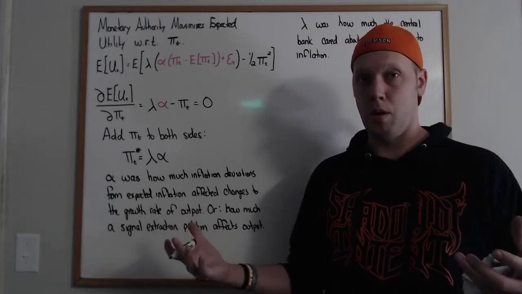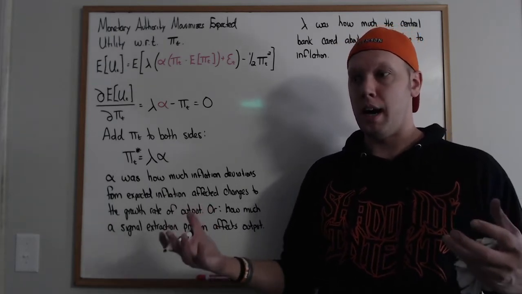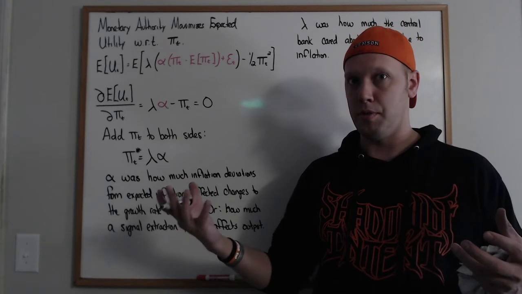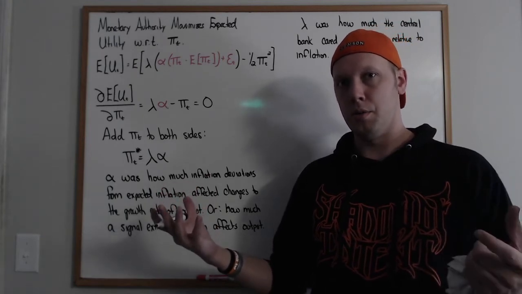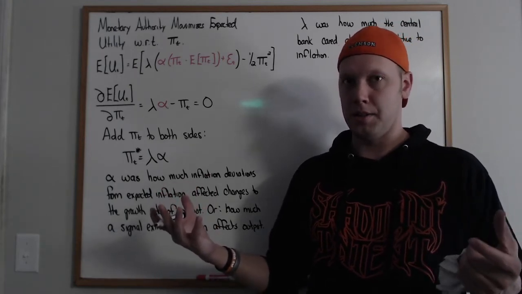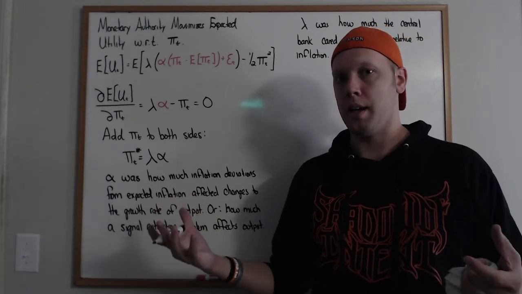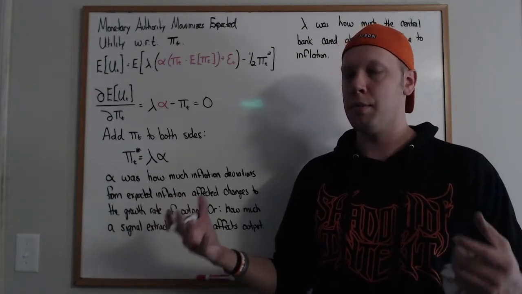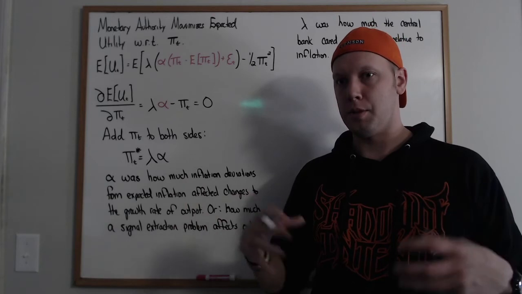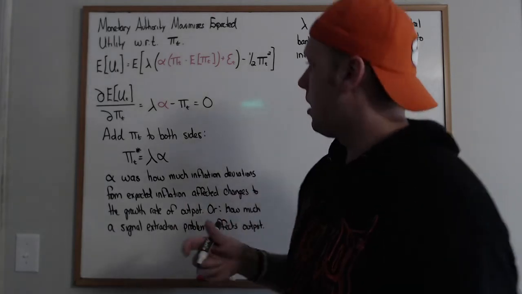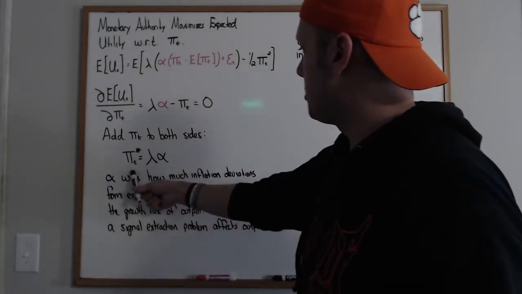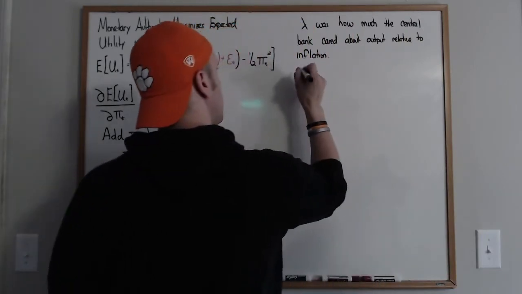However, if lambda is small, they value deviations in inflation much more than they do output, at least via their policy. That puts them in more hawkish territory. So if lambda is big, they're dovish. If lambda is small, they're hawkish. So what this tells me is